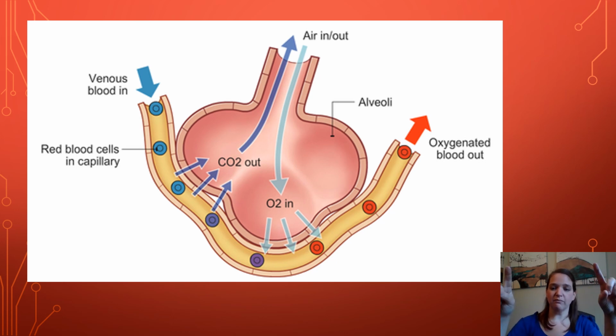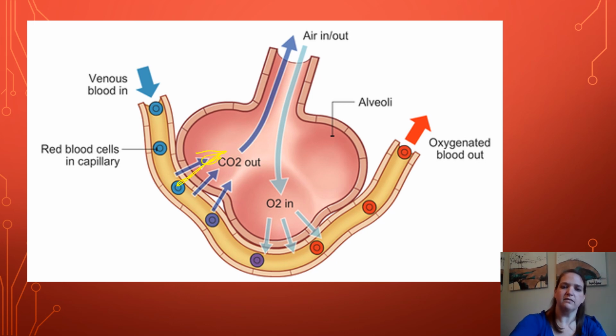And those grapes are surrounded by capillaries. And remember, capillaries are very, very small blood vessels. They're only about 1 cell big. As you can see, these red blood cells are only able to fit through about one red blood cell at a time. So as the red blood cells go through, they're dropping off